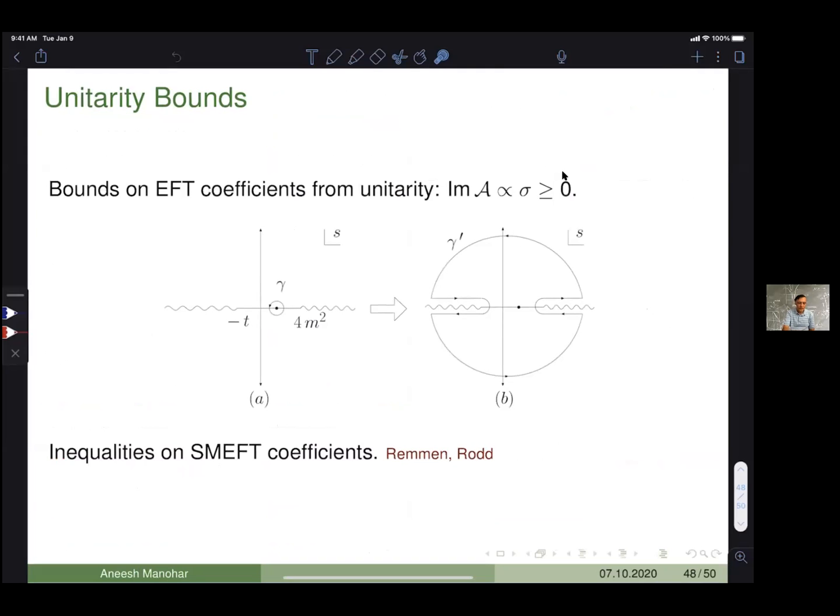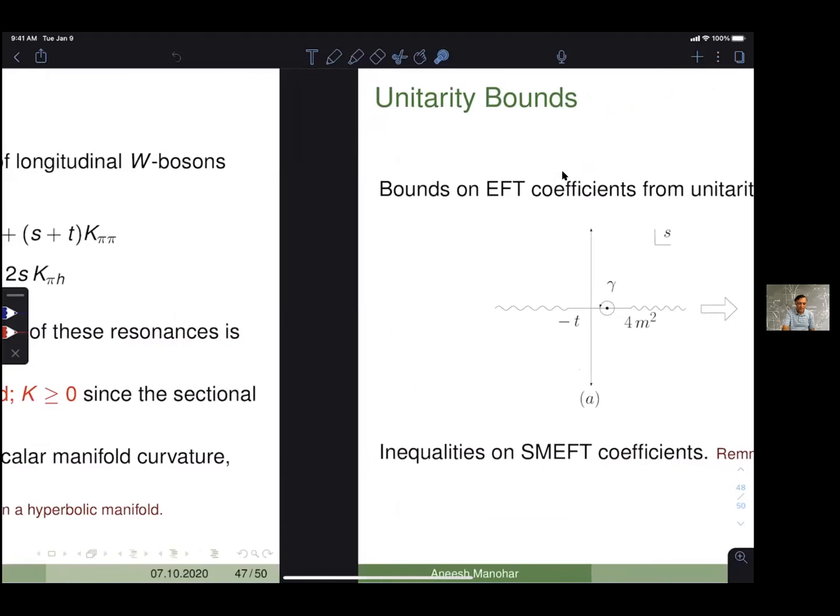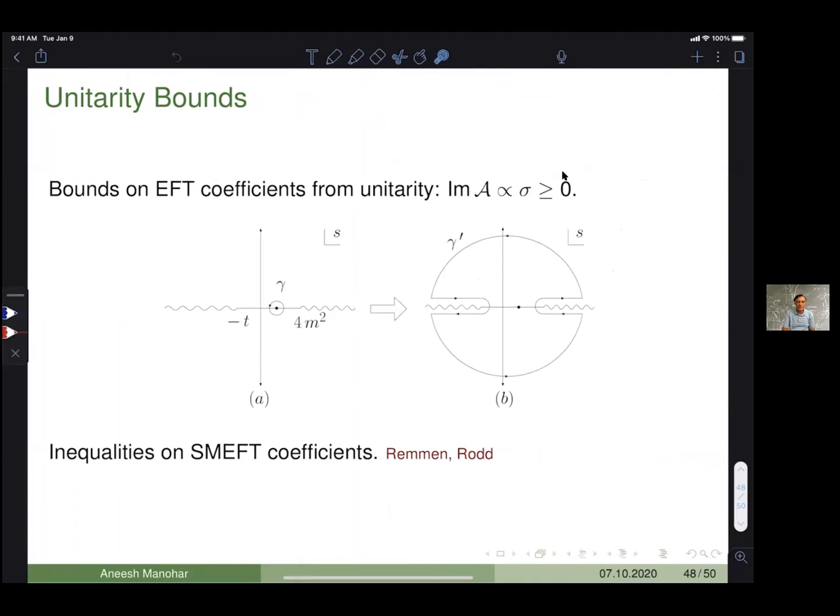Okay. So I rushed through a little bit, but I wanted to discuss a couple of things which people are doing, which are kind of interesting. And this is very recent work. So there are certain unitarity bounds one can get on EFT coefficients. And the basic idea is actually quite old. It comes from pi-pi scattering, where